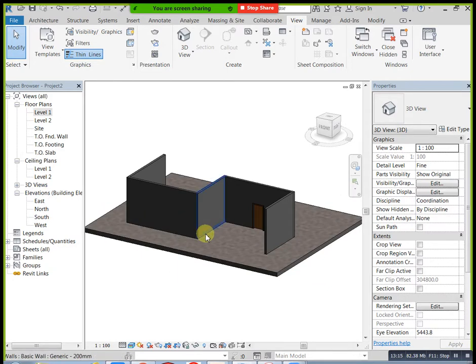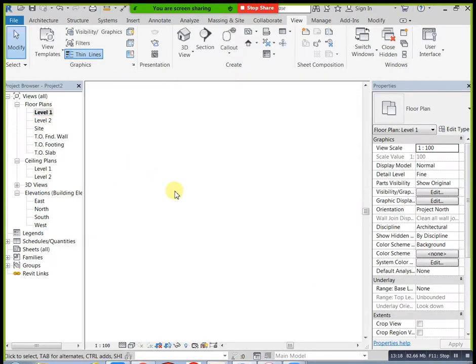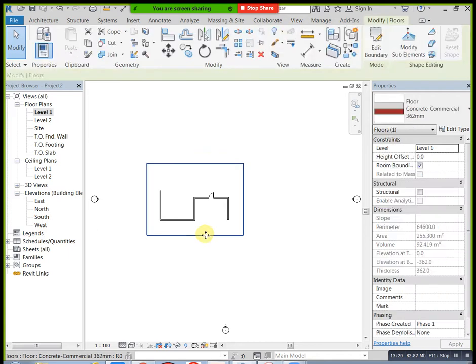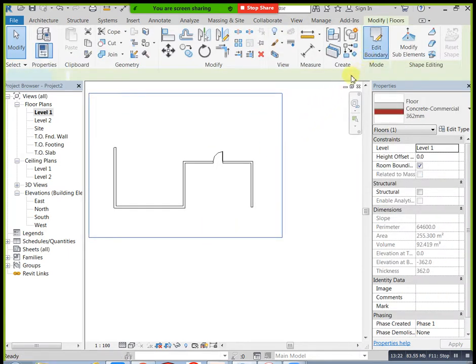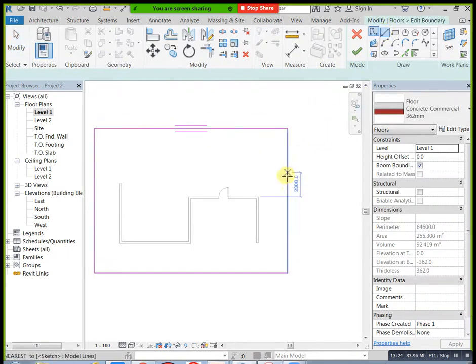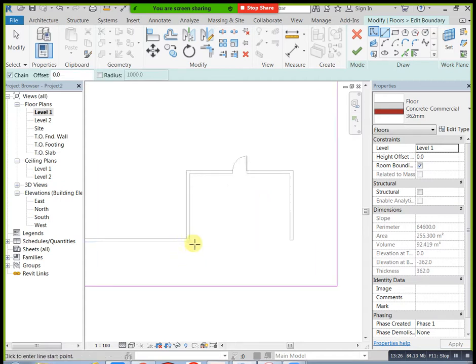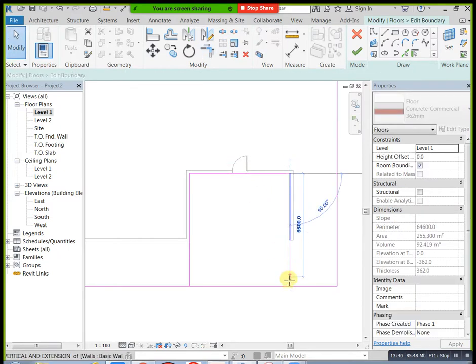Edit boundary. I will show one more. Pick line. Okay, now you can apply split.